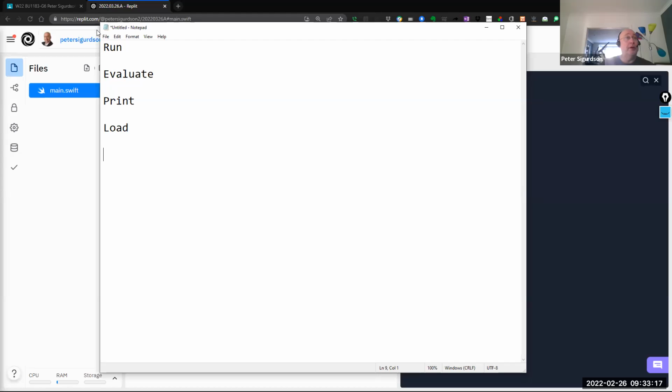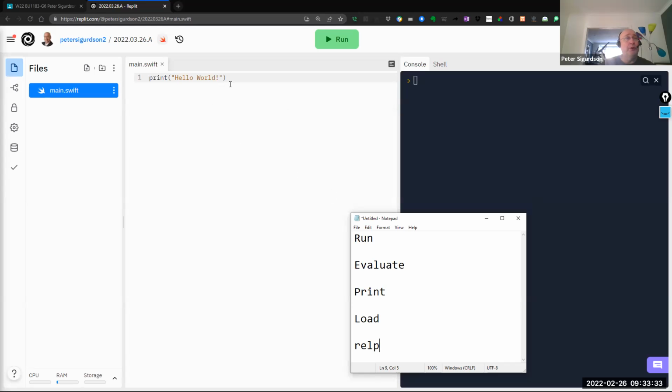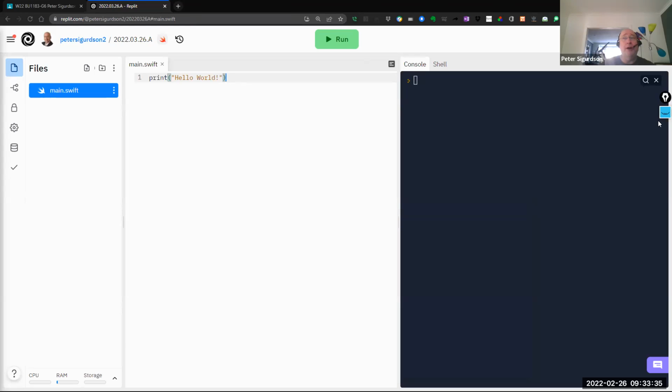However, you're going to see that term a lot. Like you can find a Python REPL or a Java REPL or something. So this tool, replit.com, lets you play with many languages quickly. So here's the simplest possible program we could ever have. Print,